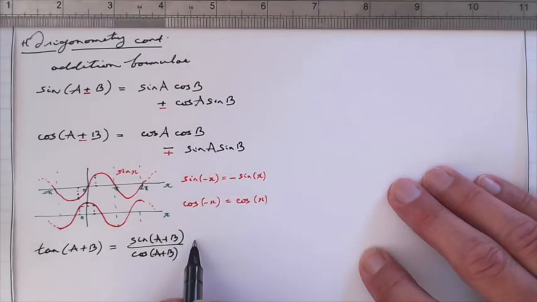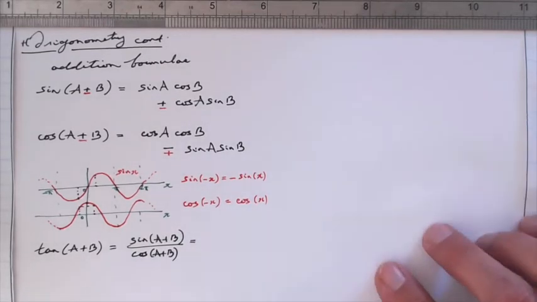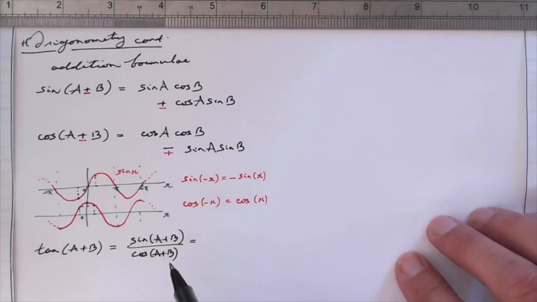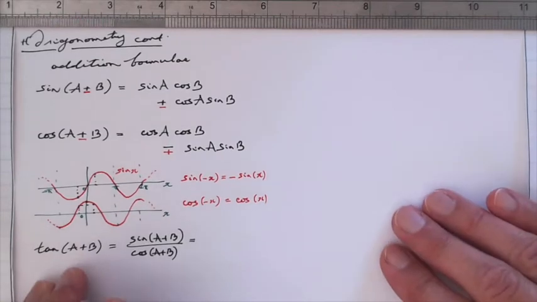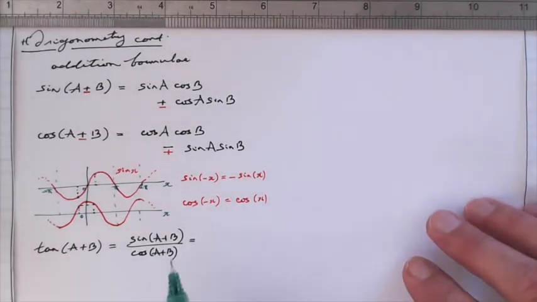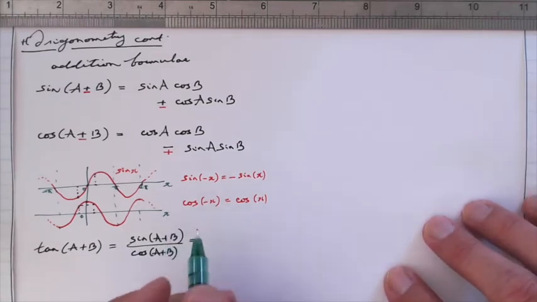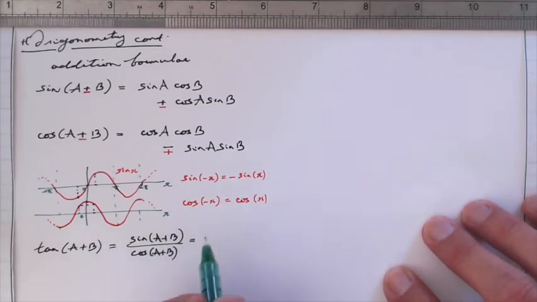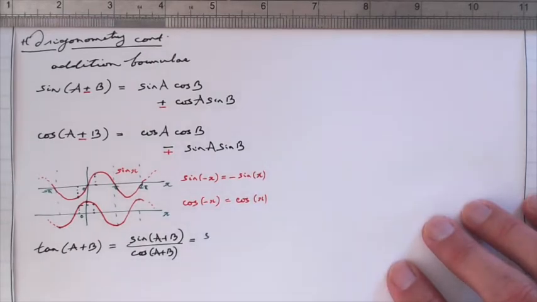All right, and that is equal to, we just have to write down these two formulas. I hope you can forgive me for doing something very crude here. I'm not going to keep writing sine and cosine because I don't have much space. I'm just going to write S for sine and C for cosine. I don't recommend doing this, by the way, but I'm only doing it here because of lack of space. So I have sine A cosine B